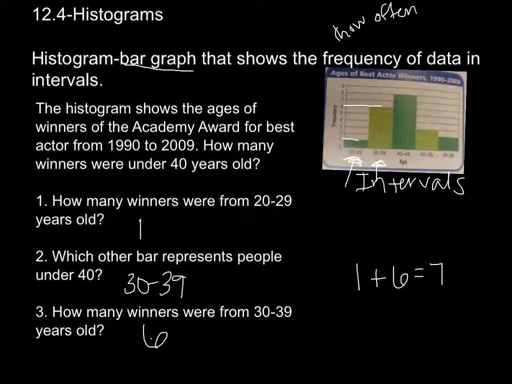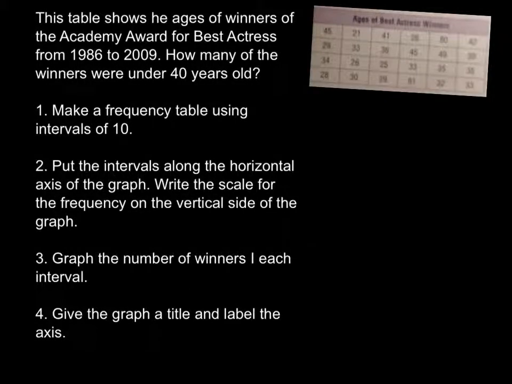Something I wanted to talk about, is it possible to know from the histogram if any winner was 37 years old? So looking at a histogram right here, is it possible for us to figure out how old they were? No, that is not possible. We just know that there are 6 people between 30 and 39. We do not know if they were 30 years old, if they were 39 years old, if they were 35 years old. We do not know which one they are. We just know the interval that they occur in. Okay, that's all I have for the first one.